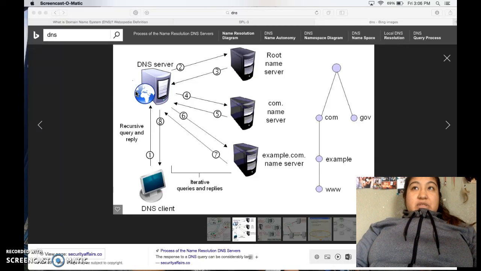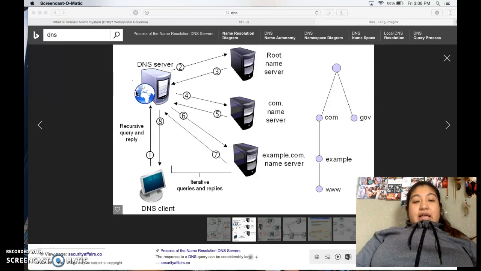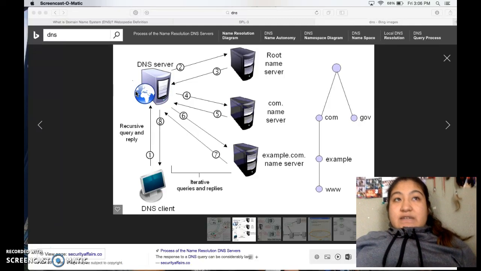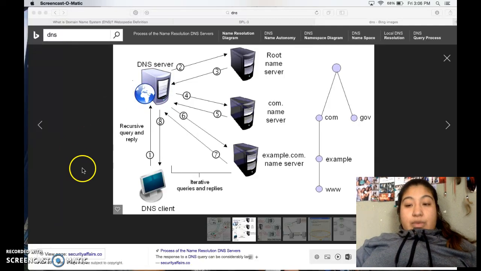There are differences between private and public DNS. Some of them constantly change and others stay constant, but usually there are different numbers that start off where you can identify whether it is public or private. And most people don't realize that if we didn't have DNS, we wouldn't be able to translate these different things into a website that we see today.